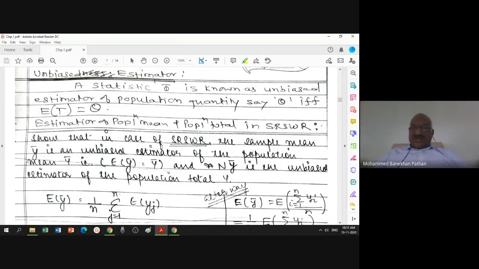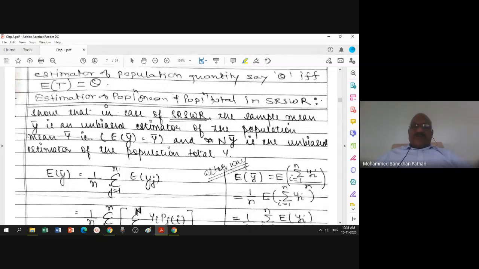So this is the definition of an unbiased estimator. A statistic T. Statistic is one of the terminologies in the subject statistics. T, a function of sample values, is called a statistic. This T I will call unbiased for population quantity theta if the expected value of T comes to be theta. That is the definition of an unbiased estimator. Let us see now the estimator of population mean and population total in the method of